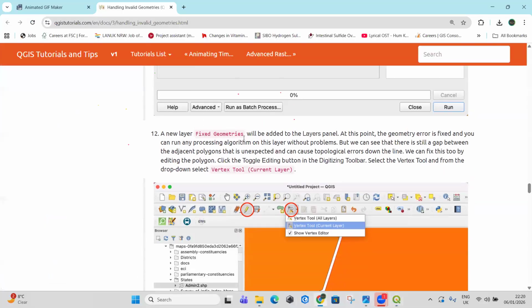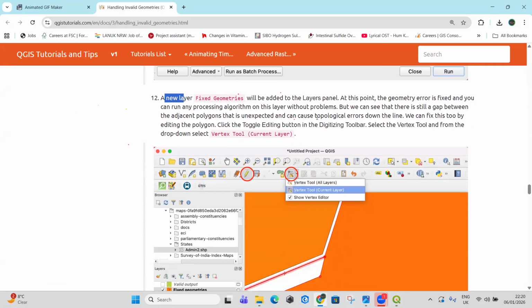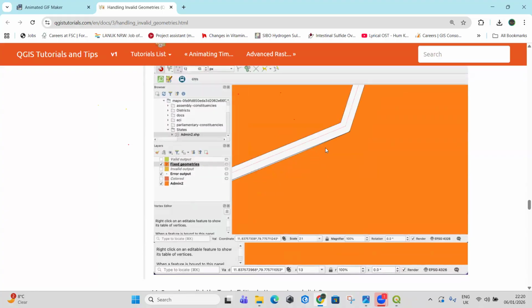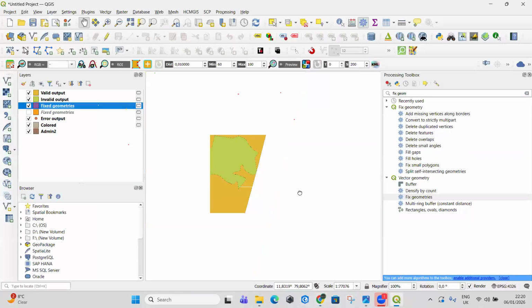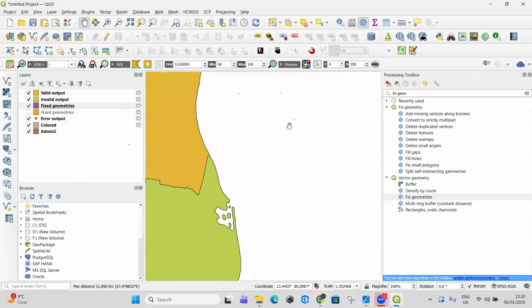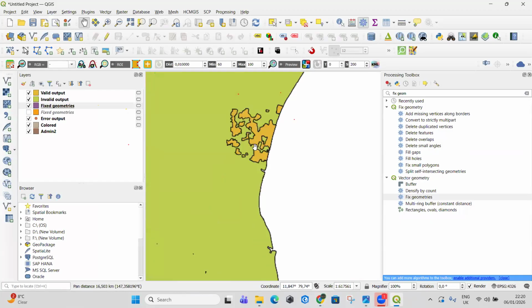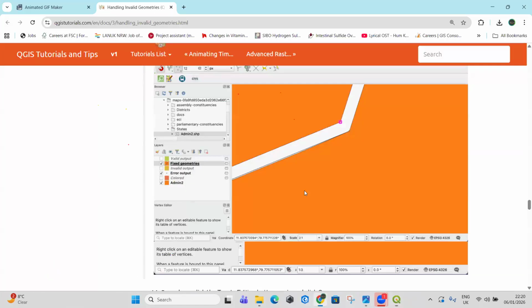As a new layer, fixed geometries will be added to the layer panel. At this point, the geometry error is fixed and you can run any processing algorithm on this layer without problems. But we can see that there is still a gap between the adjacent polygons that is unexpected and can cause topological error down the line. We can fix this too by editing the polygon. So this can be done by editing the polygon, but we don't actually know where the polygon is. So there is a difference here somewhere. Anyways,